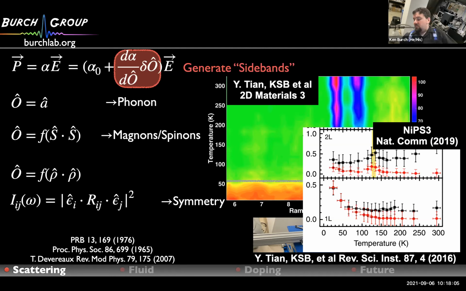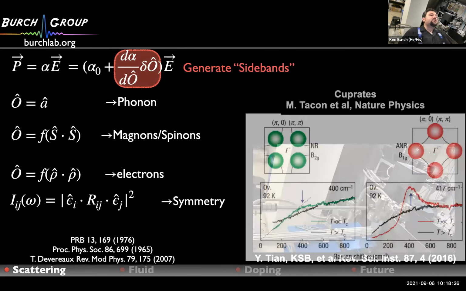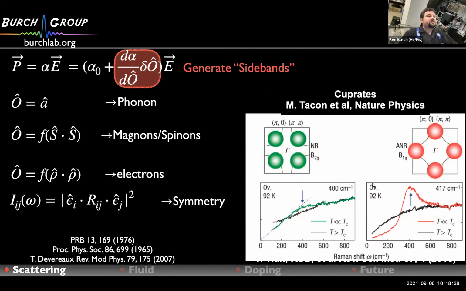So one can also couple to charge fluctuations, again, perhaps not surprisingly. And this is how Raman can really measure various kinds of charge excitation. So for example, in a charge density wave, you can measure the charge density wave gap, or you can measure the amplitude, or if you want Higgs modes using Raman. But it turns out this is also a nice demonstration of where symmetry can be quite powerful, because, for example,